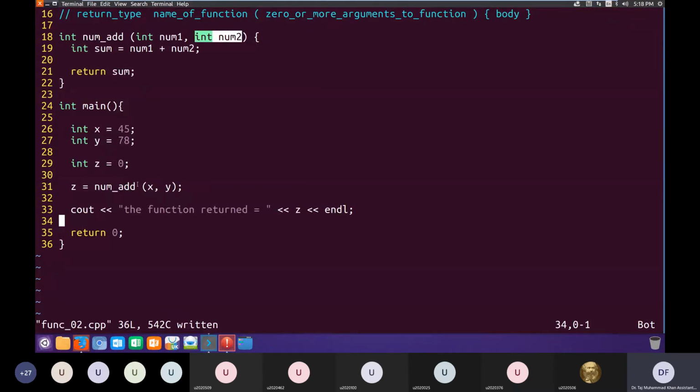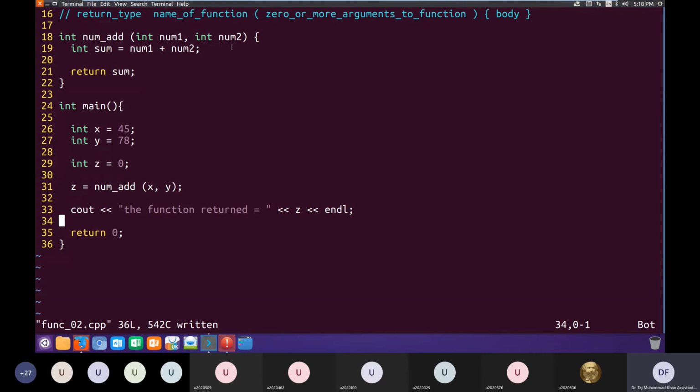So when we call a function, we pass it some information, some values. Right? So here I'm passing it x and y. What it will do is it will put this value of x, which is the first argument to this function, in num1, which is the first argument in the declaration. And then it will also put the value of y in this argument num2. Y is the second argument. So again, its value will be put in the second argument. So num1 will receive the value of x, and num2 will receive the value of y.